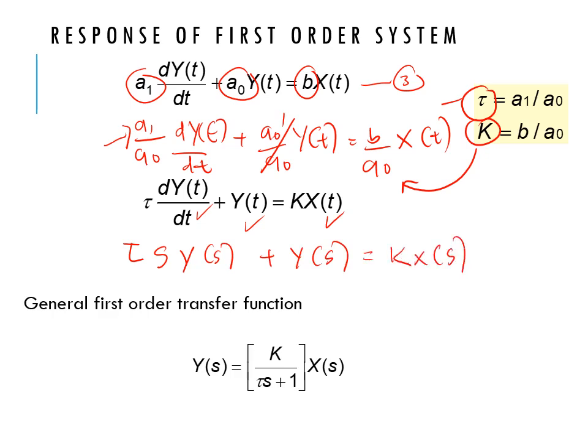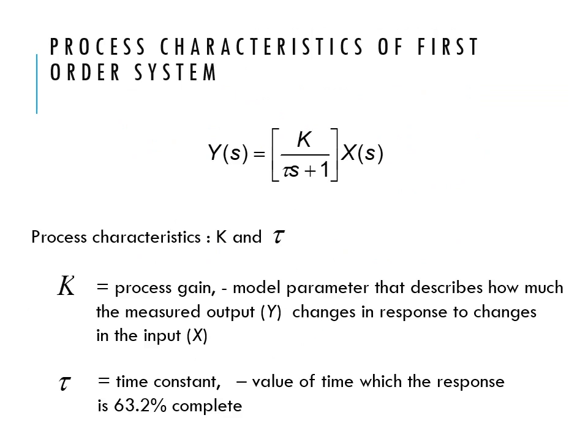Alright, and then rearrange the equation, and you will get the general first order transfer function. So the first order differential equation states that Y(s) equals K divided by (tau s plus 1) times X(s). Alright, so the term in brackets is the transfer function of the first order system